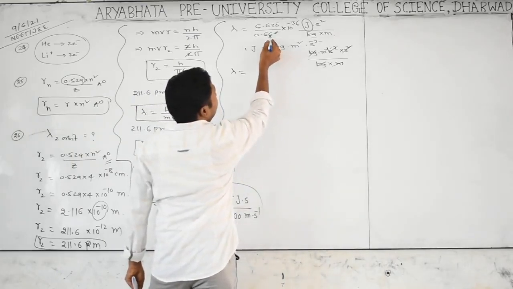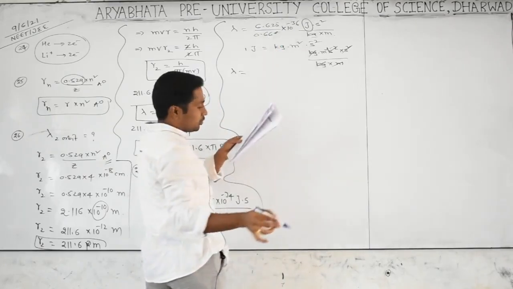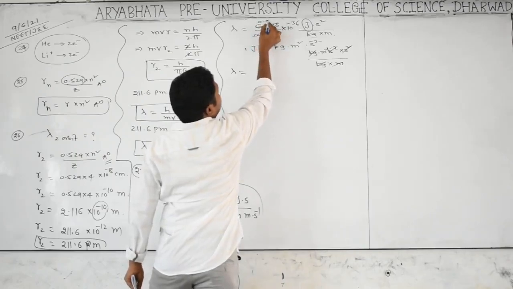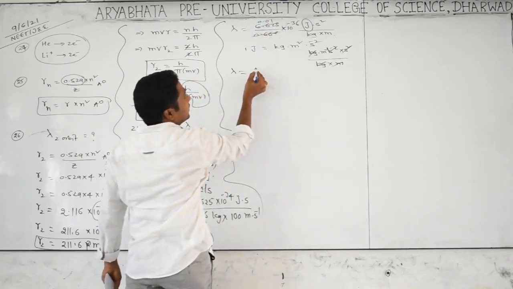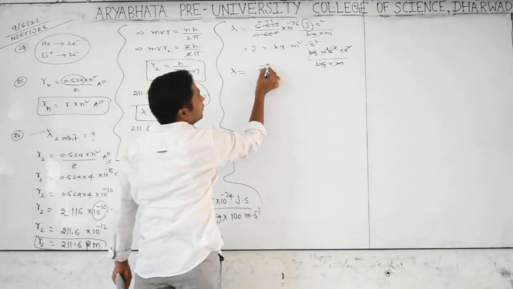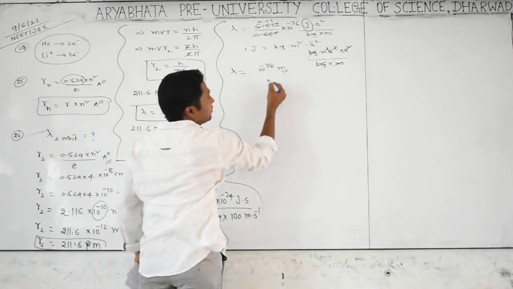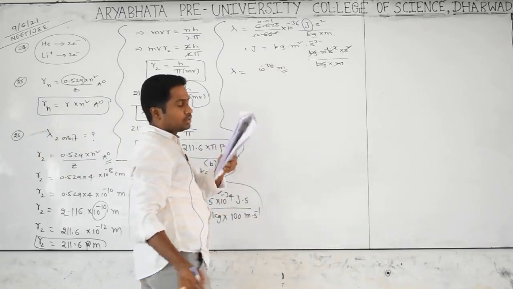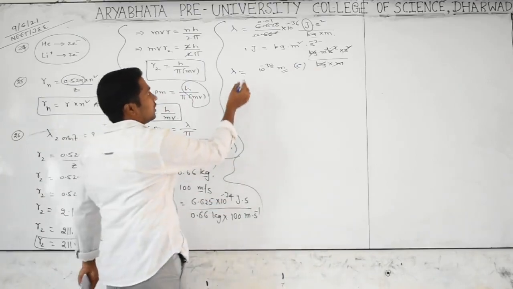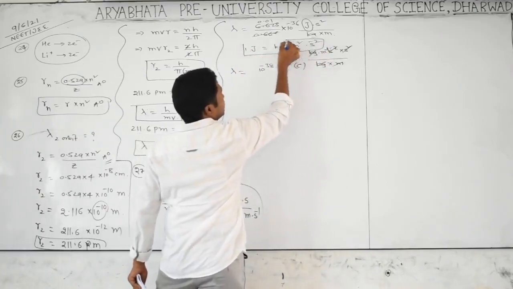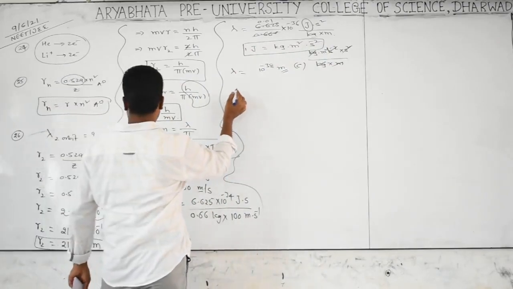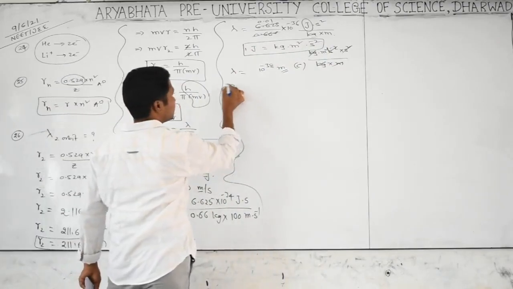So it is around how many times 10 to the power of minus 38? It is around 0.01 times, which is 10 to the power of minus 2, so 10 to the power of minus 38 meters is coming. What option is it? Third option. That's it, simplification. But you already know this: 1 joule is equal to kg meter square second power minus 2. And go for the next question, 28.